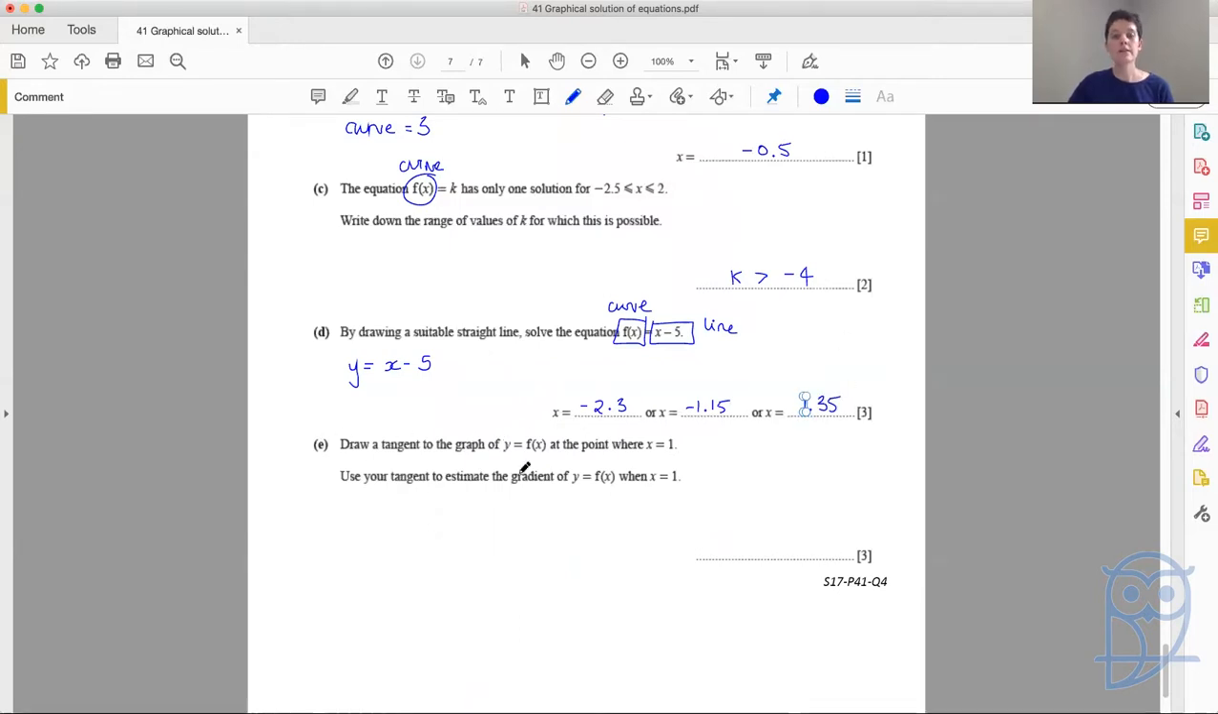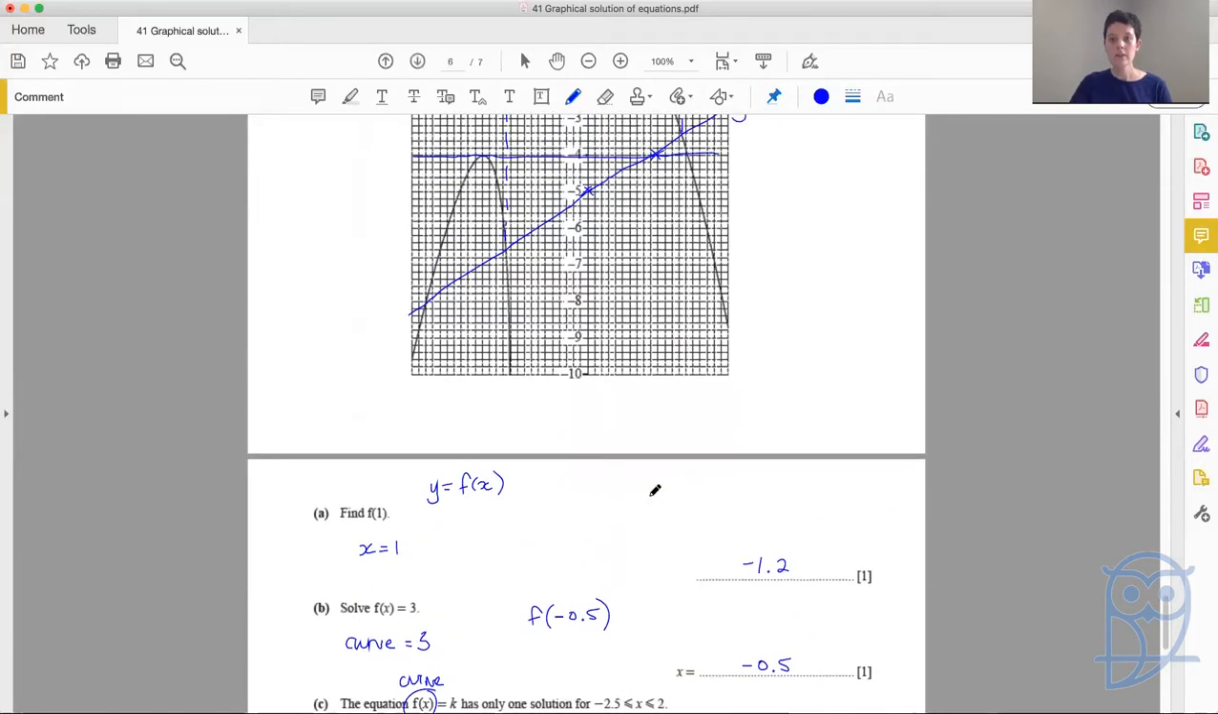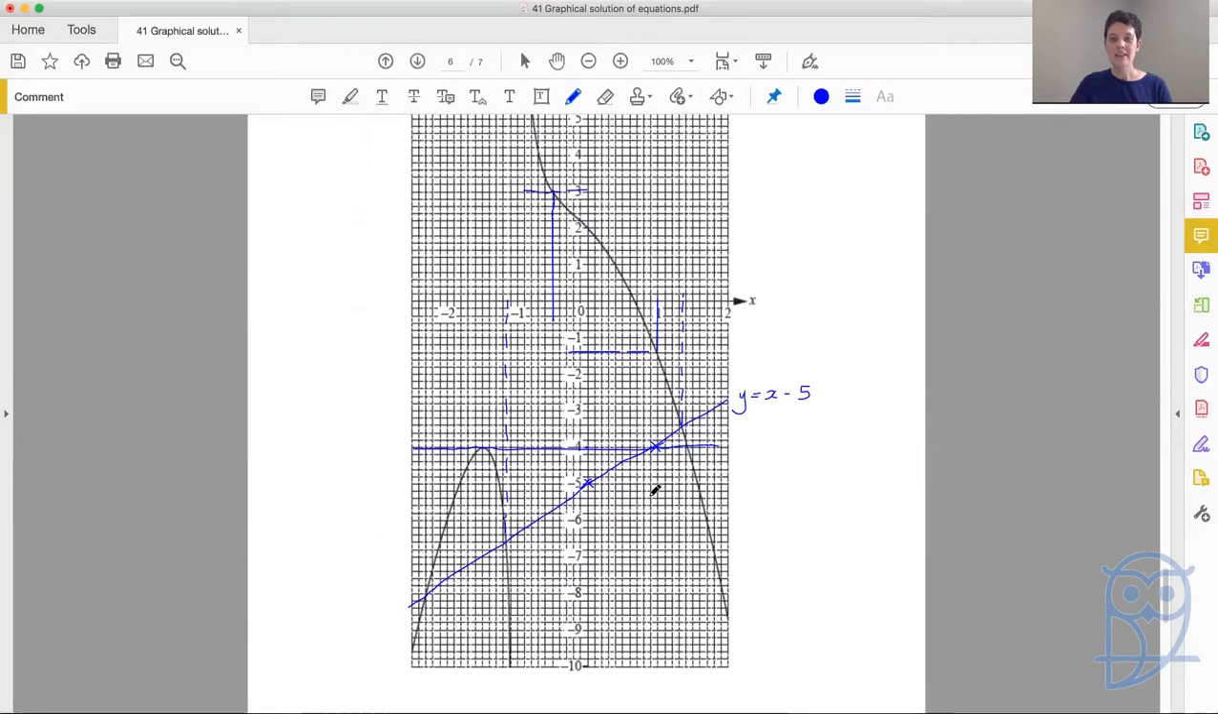So the last one asks us to draw a tangent of y equals f(x) at the point where x equals 1, and therefore to estimate the gradient. So at x equals 1, we come down to our graph. This is the point at which we are drawing our tangent. And our tangent wants to be a lovely big triangle. So remember, the best way to do this is to have a clear ruler, and then you can wobble your ruler so that it sits nicely against your curve, and then you can get your two points and estimate your gradient using that wonderful formula: gradient equals y2 minus y1